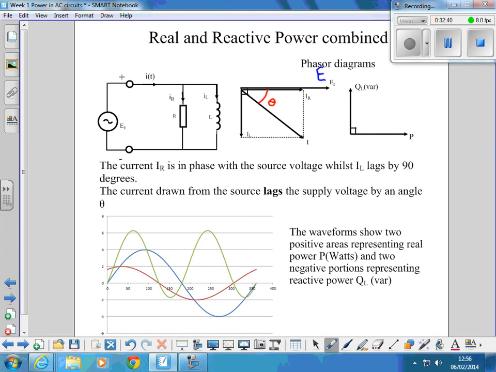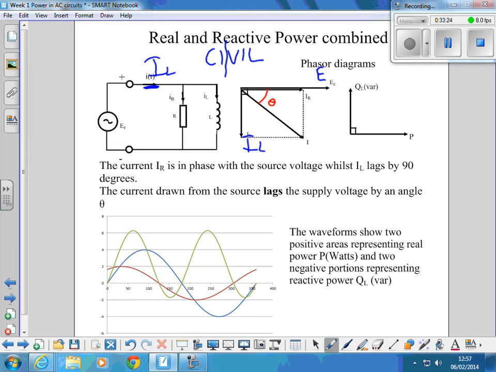There's E. And I've just moved it down a little bit so you can see the second arrow. But that one there is representing the resistive current that is in phase with the supply voltage. Here, if we use the word CIVIL, and we're looking at that side, the inductive current lags the voltage by 90 degrees. So this here is representing IL. Okay? The line current, that's this one here,